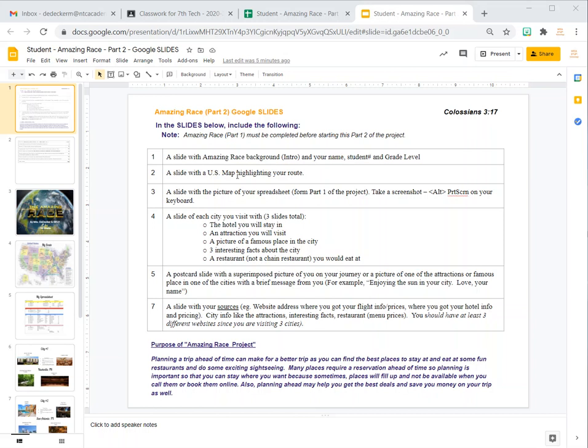You have a slide with the US map that highlights your route. You will have a slide with a picture of your spreadsheet from part one of the project. You'll take a screenshot using the Alt print screen on your keyboard, and then you'll also have a slide for